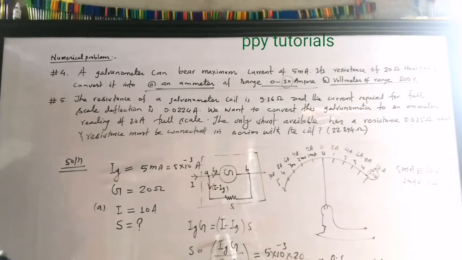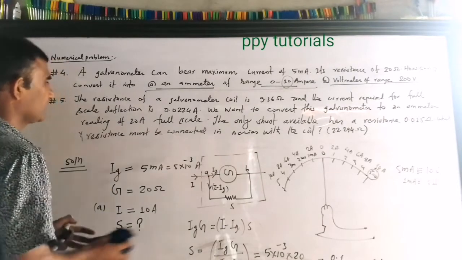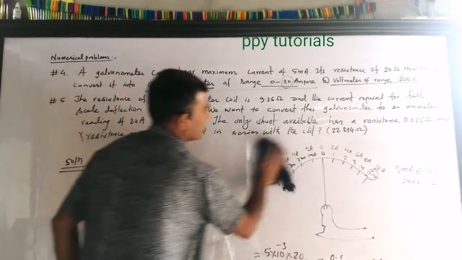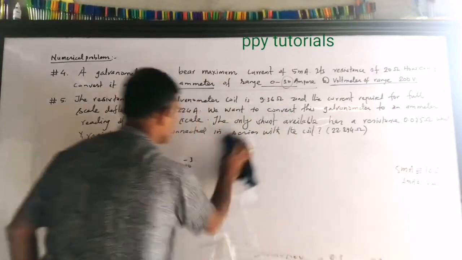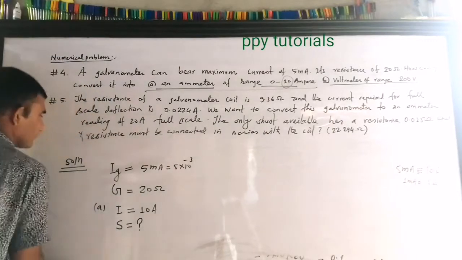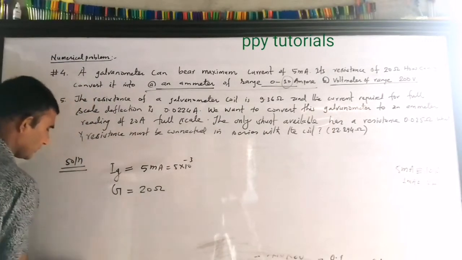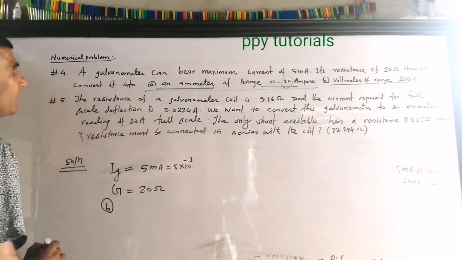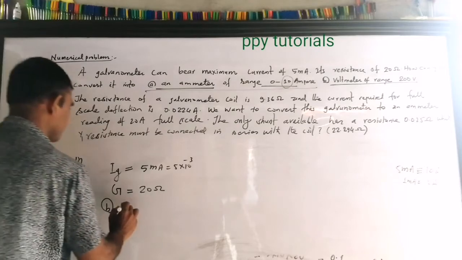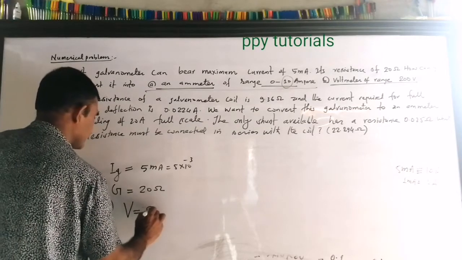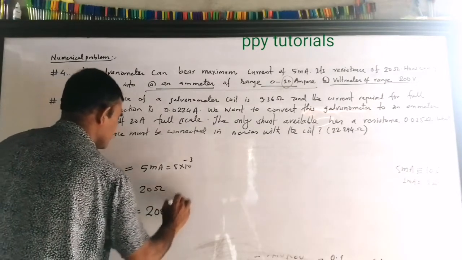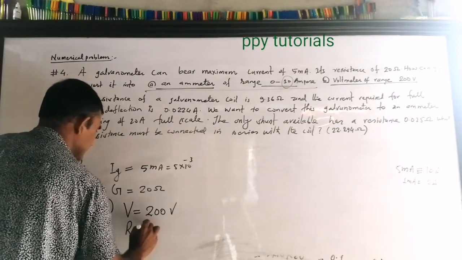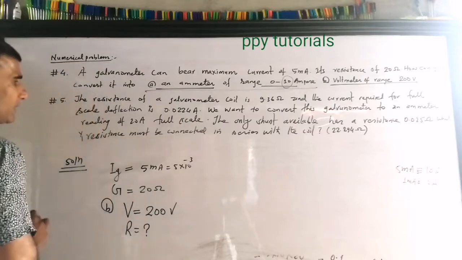And for the second part I need the space, so I am going to rub this. You can pause your video anytime to copy. Okay, and second, what do we want? Second, that's part B. In part B we need to convert it into a voltmeter. So the maximum voltage we want to measure by this galvanometer is 200 volt. And this time we have to connect a resistance in series. And what should be that value?